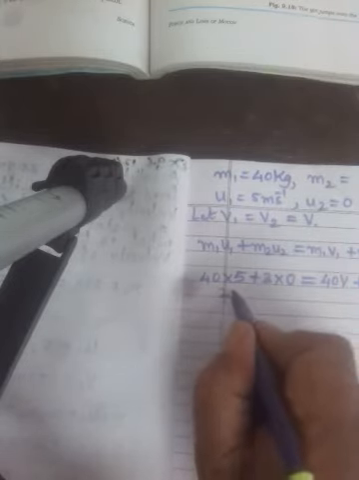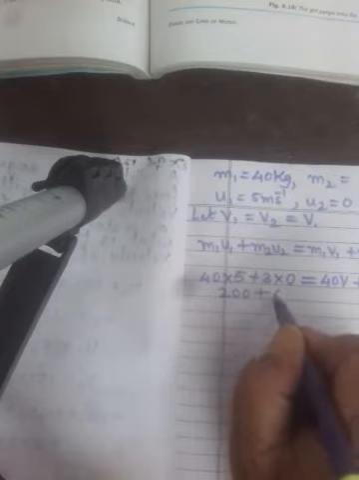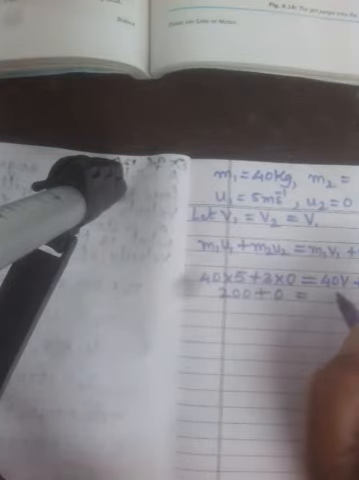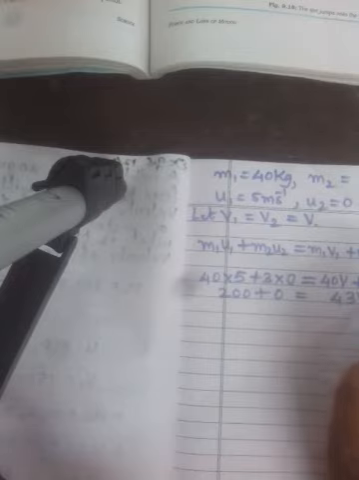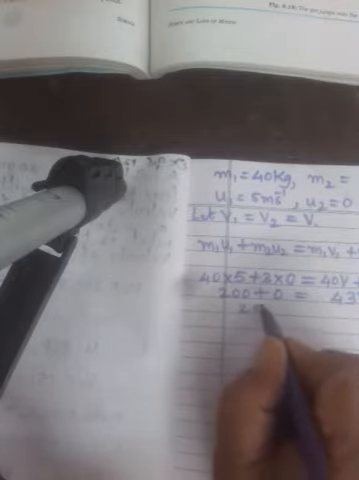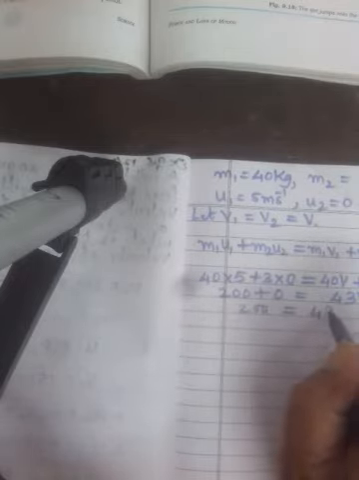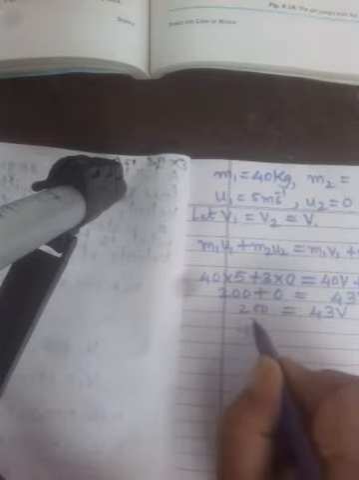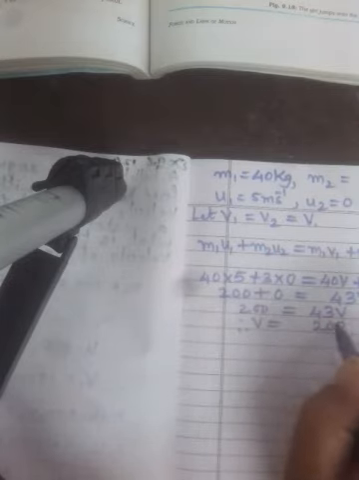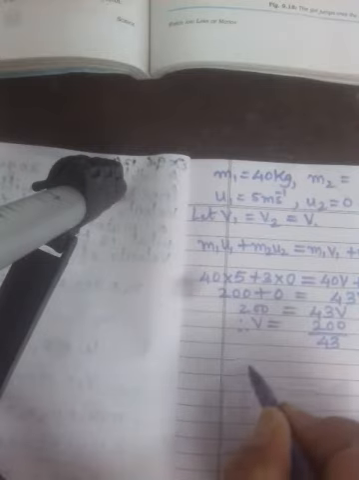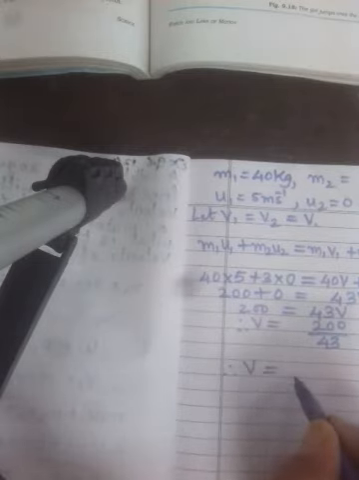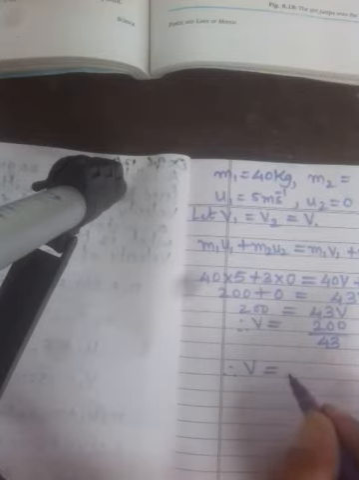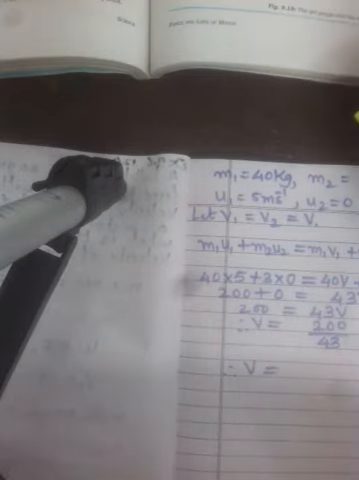40 into 5 is 200, 3 into 0 is 0, and 40V plus 3V is 43V. So 200 plus 0 is 200, which is equal to 43V. So V is equal to 200 upon 43. Okay, so V will be equal to, you can do this calculation, I think it just comes out to be